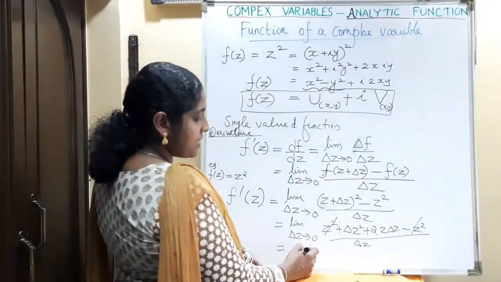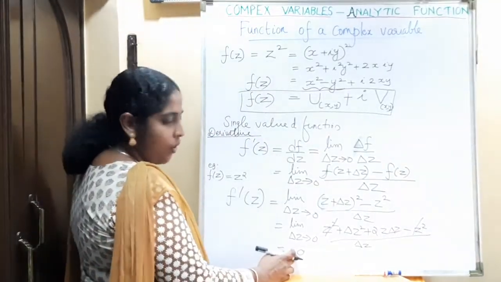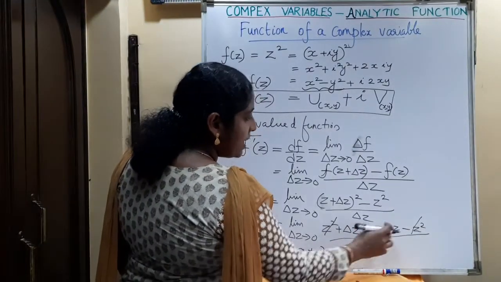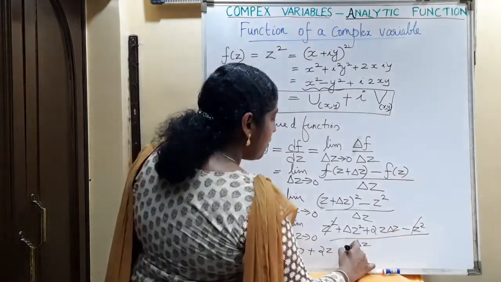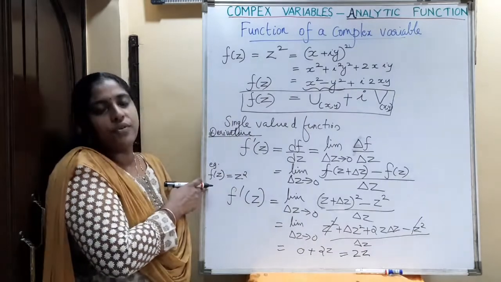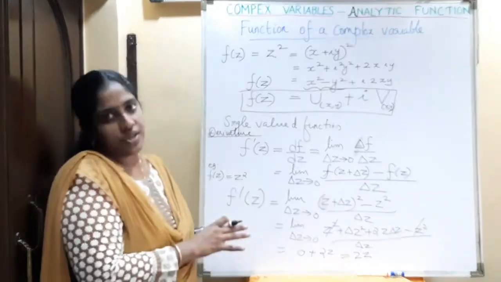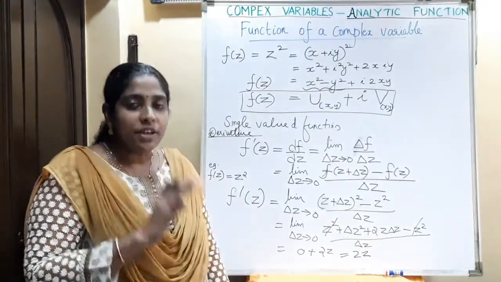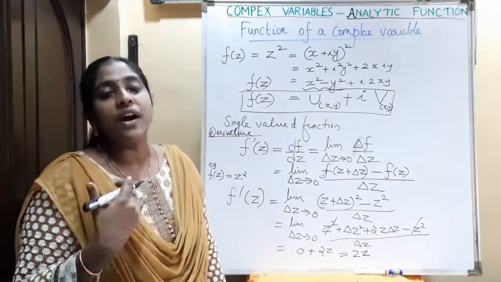So when this delta z tends to 0, what will that term become? That is 0, plus 2z into delta z by delta z, which is cancelled. So what is the derivative of this function? 2z. That is, this function f of z equal to z square, a complex function, is differentiable. If such functions are differentiable in a domain D, we can say that the function is analytic